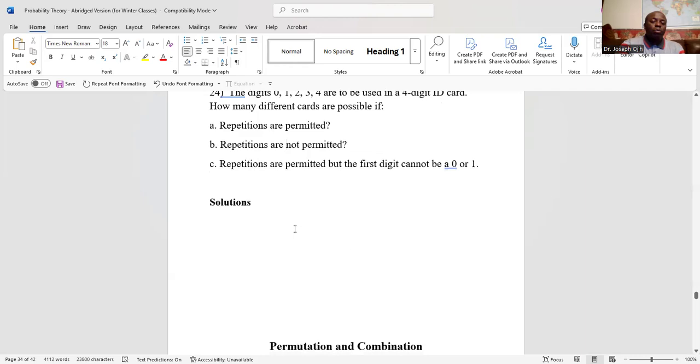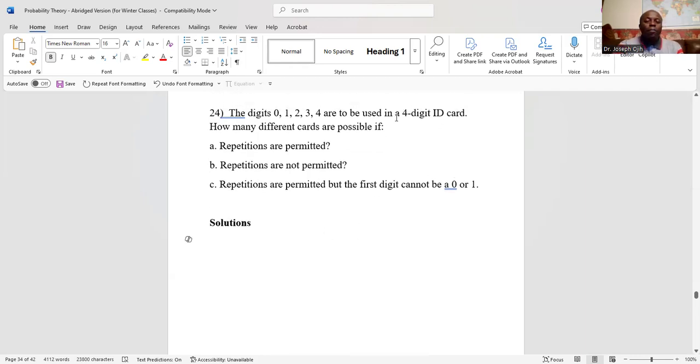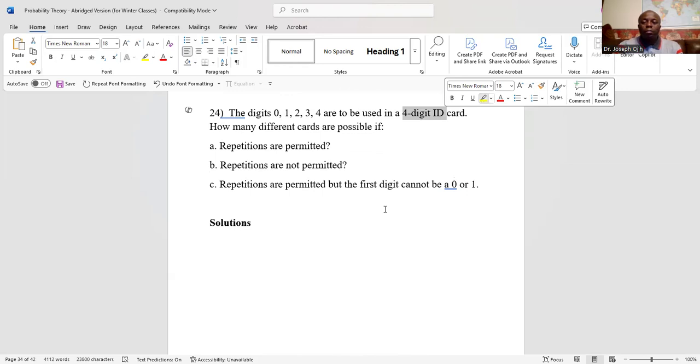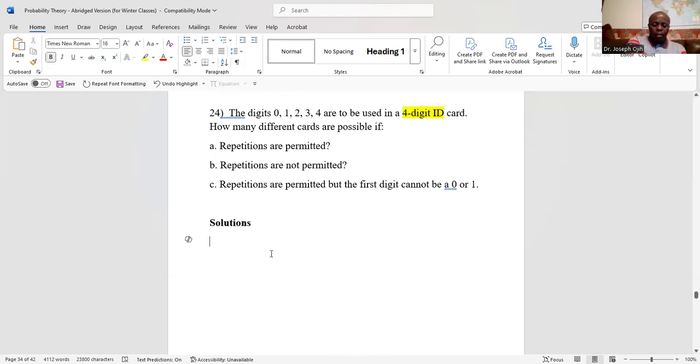Let's start with the first one. First of all, it is a 4-digit ID card, so there are going to be 4 slots. The first slot, the second slot, the third slot, the fourth slot. So you have a 4-digit ID card, and you have 5 numbers to choose from. Now, part A says